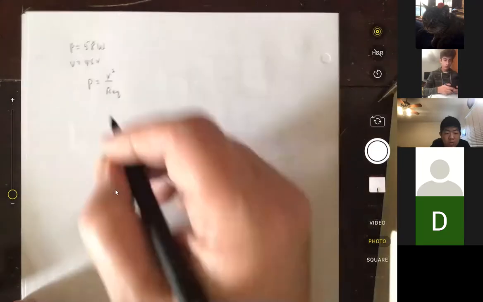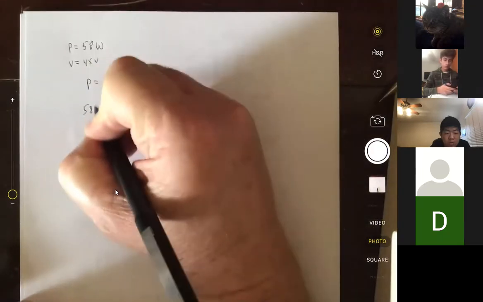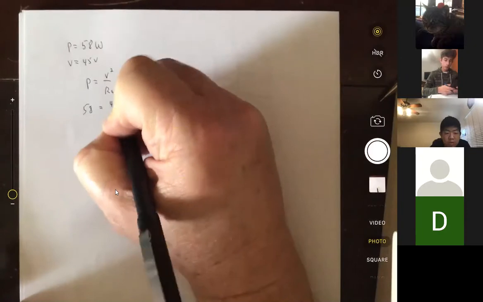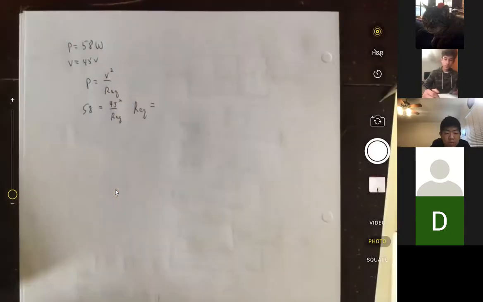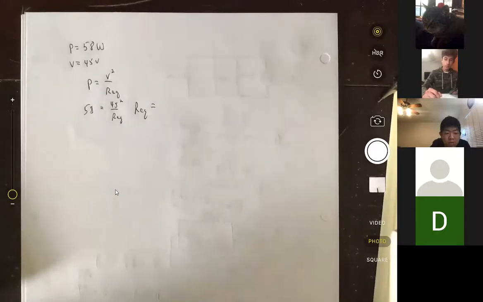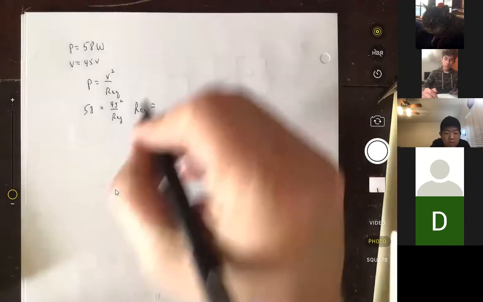I've got 58 equals 45 squared over the equivalent resistance. So I get an equivalent resistance of 45 squared divided by 58. So I got 34.9